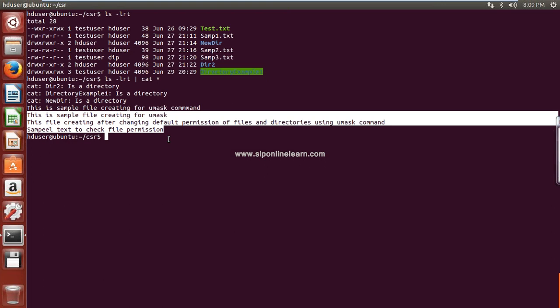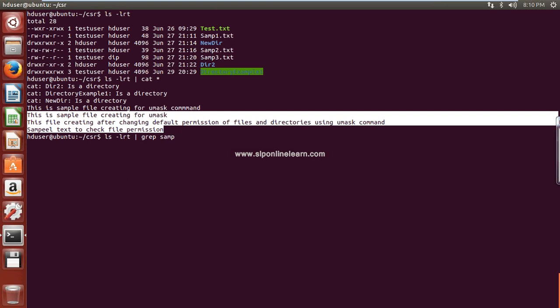So the pipe is generally used for a series of commands to complete one task. Here I used only 2, but in real time you might be using more than 2, 3, 4. Let us say ls -lrt. Here I am not going to explain the second one. Grep, suppose s